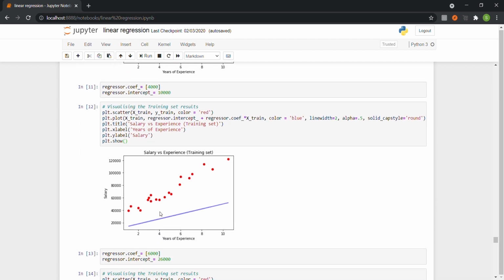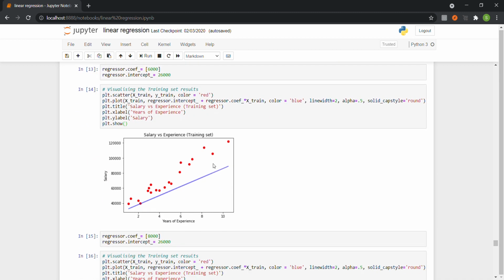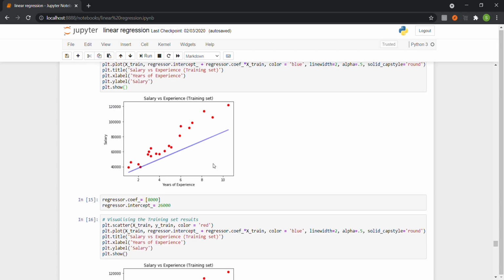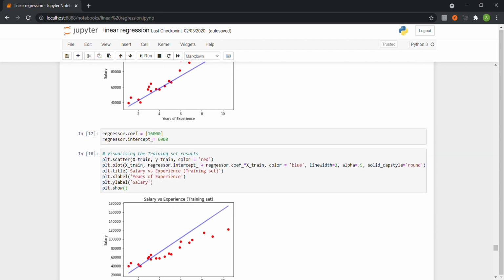And now in this graph we can see that the line is more towards the scatter points that we are seeing, so it is more precise than the previous one. So we will keep on increasing the slope and intercept. Then we can again change it, and then again.